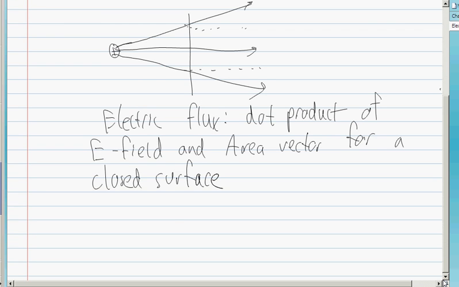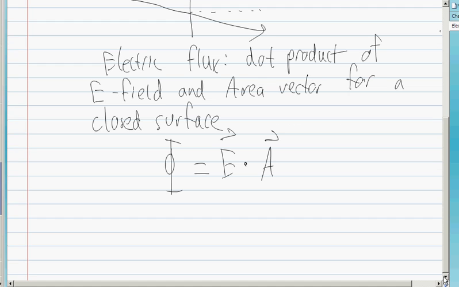So the actual definition of it will be E dot A. If they're constant, that's pretty easy. It'll be E A